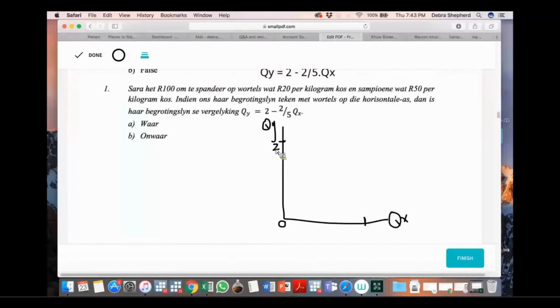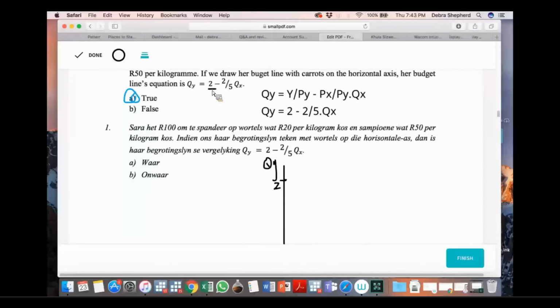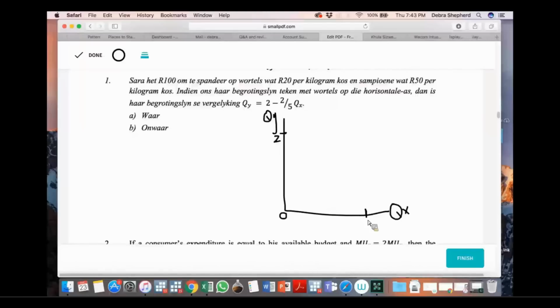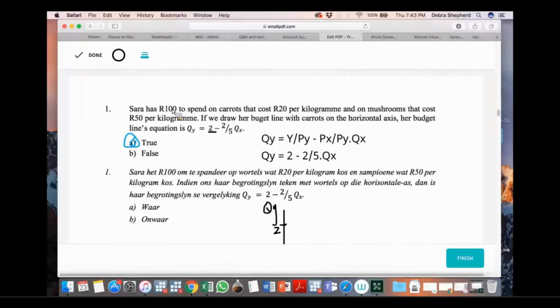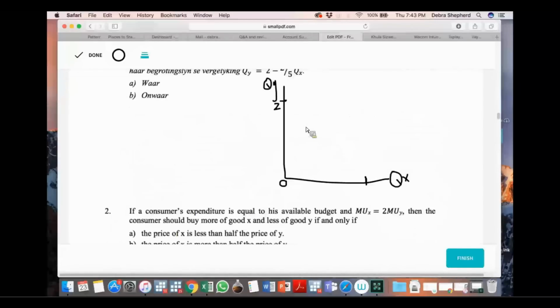So the y-intercept is 2. So things are looking good so far. We get the intercept of 2. If she spent all her 100 Rand on carrots, then she would be able to buy 100 divided by 20 Rand per kilogram of carrots. So this value here would be 5, which means her budget line would be some straight line between 2 and